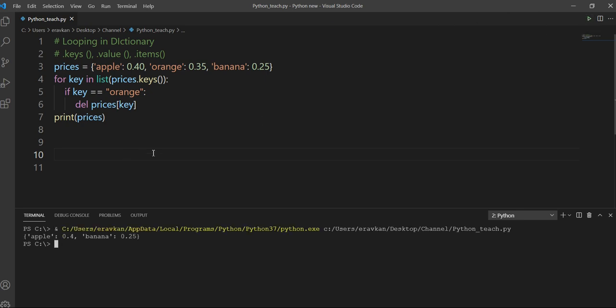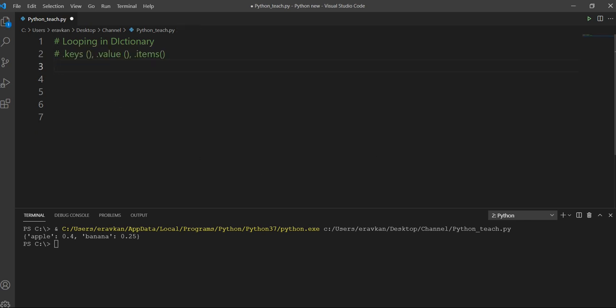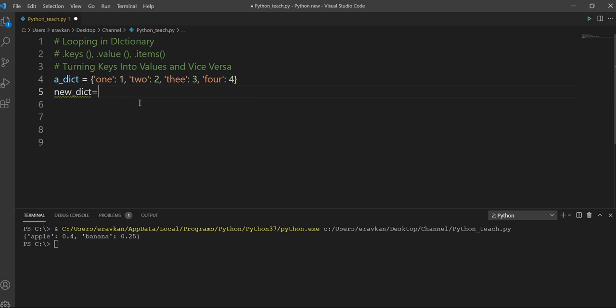Okay, let's take some real world examples. Suppose I have a program where I want to turn keys into values and vice versa. Let me take a dictionary example. The dictionary is this. Then I take new_dictionary as an empty dictionary. For key, value in a_dict.items, I'm changing the key to value and value to key.